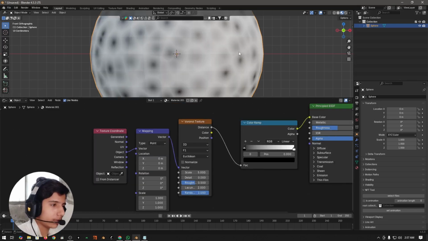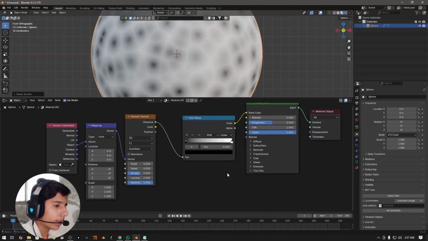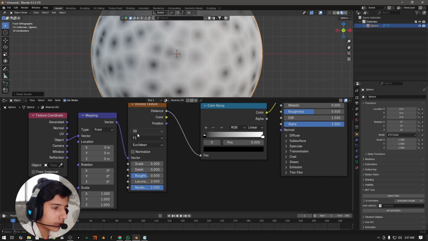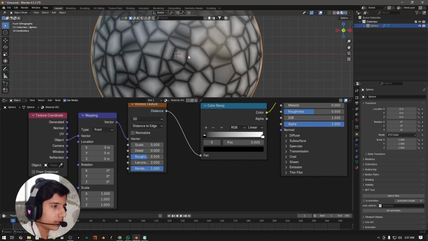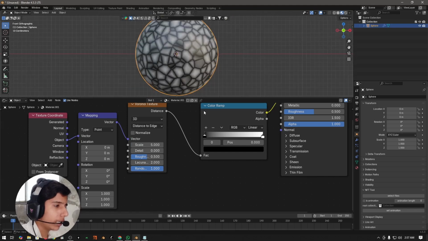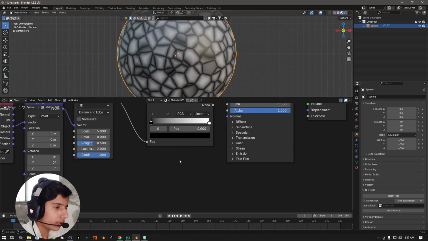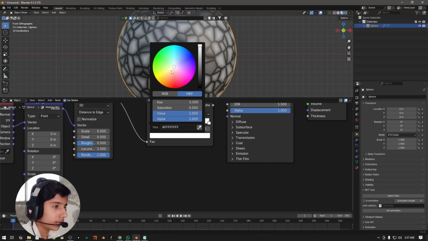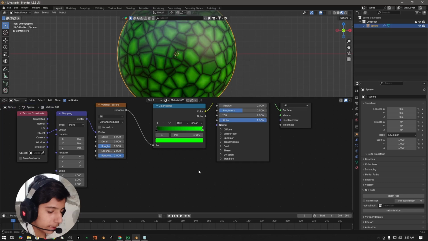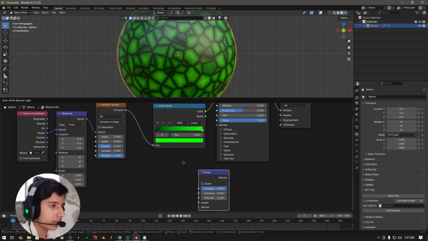and maybe I can add subdivision surface modifier and then shade smooth. Okay, now change the feature output to distance to edge. Now you guys can see we have this, and now what I'm going to do is I'm just going to change this color to a green kind of color, and then I'm going to add a bump node to get some